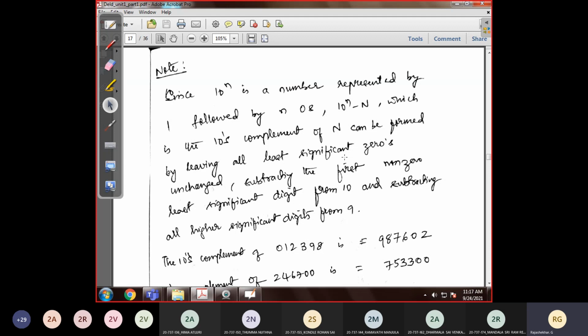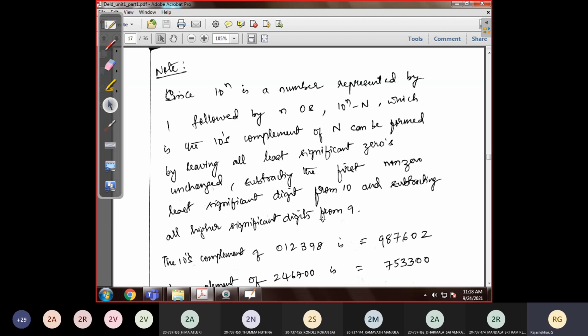If there are any zeros coming there initially, those zeros will be left unchanged. Then subtract the first non-zero least significant digit from 10 and subtract all higher significant digits from 9. This is the method of writing the answer directly: whenever you are asked to find the tens complement of a given decimal number, first leave all the least significant zeros unchanged, subtract the next non-zero least significant digit from 10, and the remaining higher significant digits are subtracted